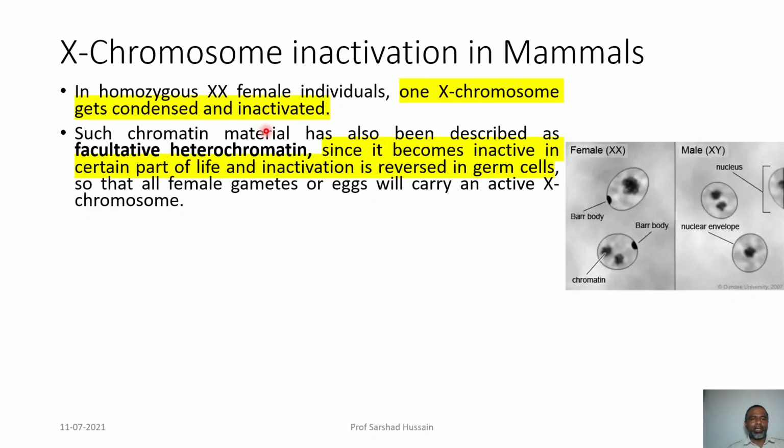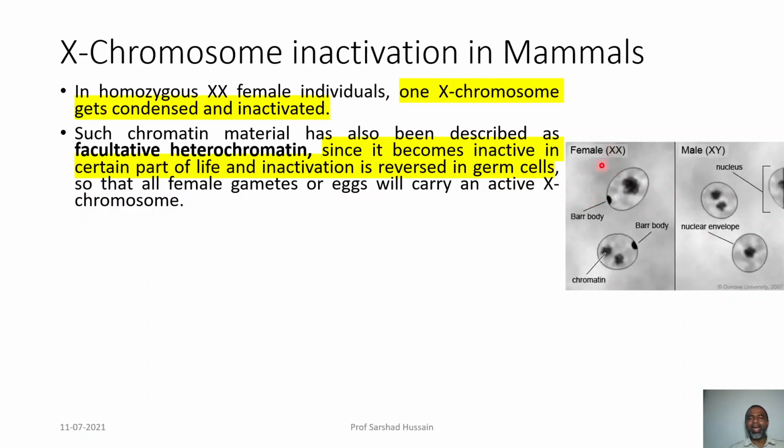This inactivation is not permanent. It undergoes inactivation at some times, and then the inactivation is reversed in the germ cells, so that during the gamete formation, when the X chromosomes separate into different gametes,